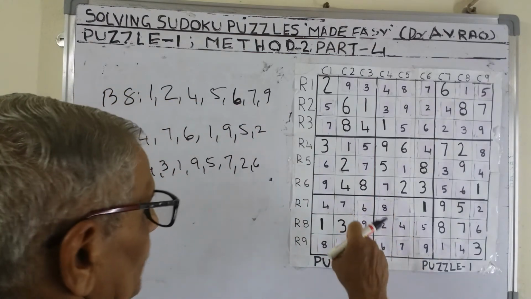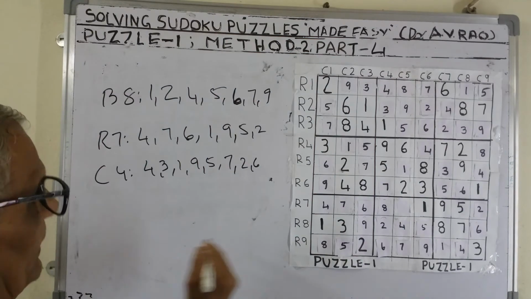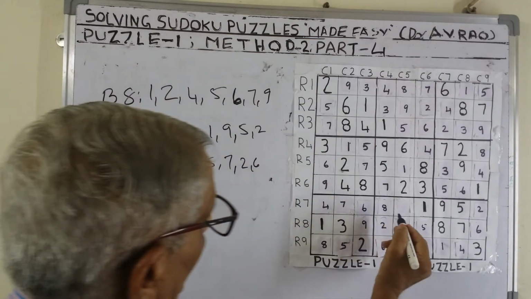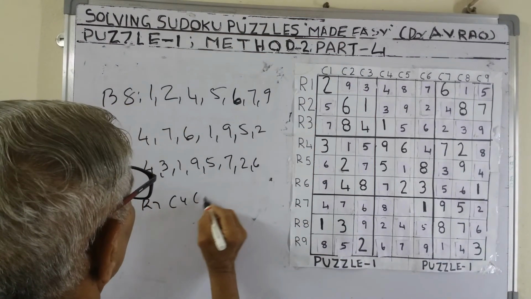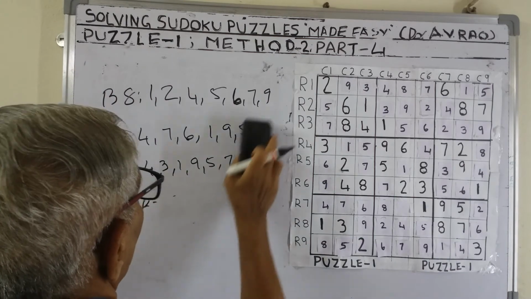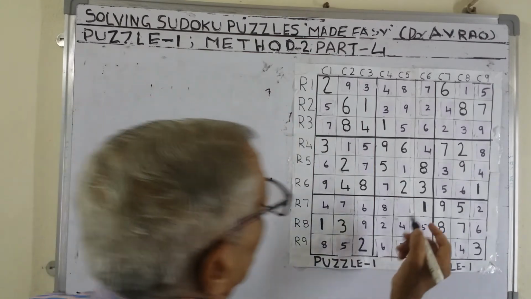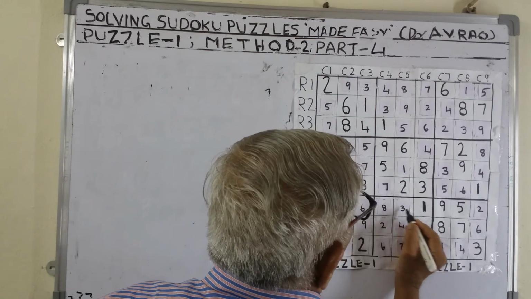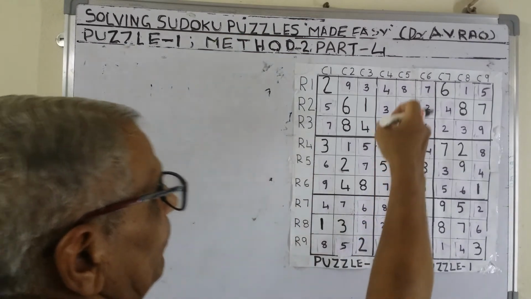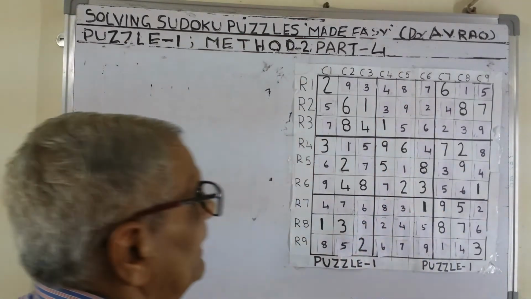But anyway, to understand the procedure, to complete the series only, we are doing all these exercises. So R7 C4 is filled with 8. Now we are left with only one cell. Naturally, we need not write all these things again. So simply the box will be the same and only the column will be changing. R7 will be changing. Only one.